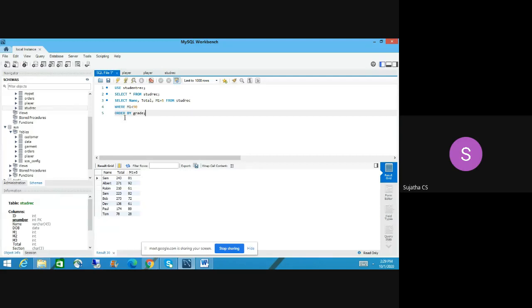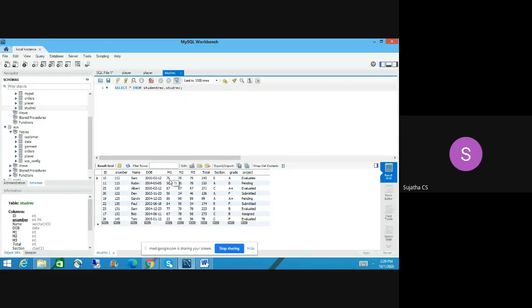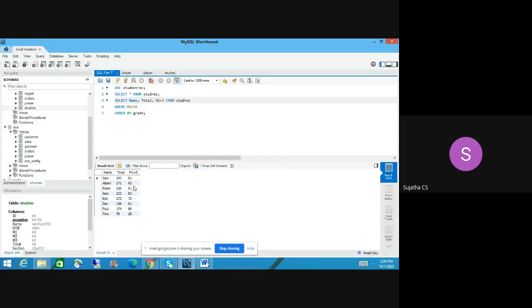It will display here. After that, if you run this query, select star from student record, this M1 plus 5 won't be there. Okay, so let me run this. Okay, we got it. So it is increased. Let me check student record. Sam was 76 before, now it is changed to 81. So this record is not affected. Because we have given the condition less than 90, it will be incremented by 5.